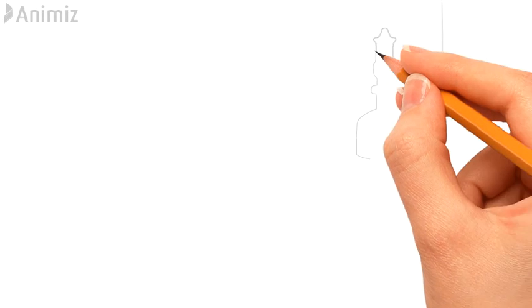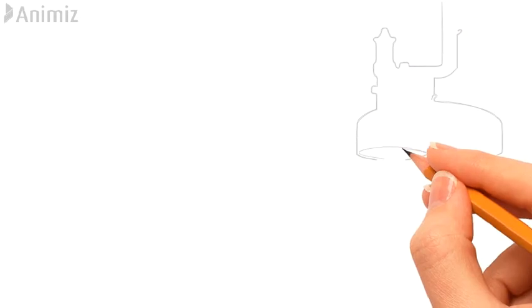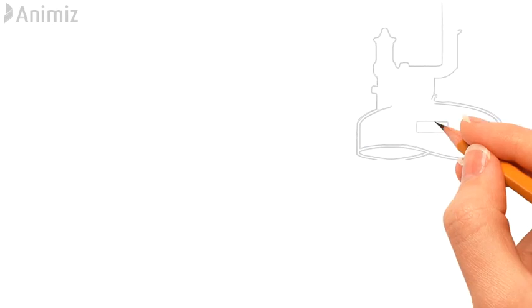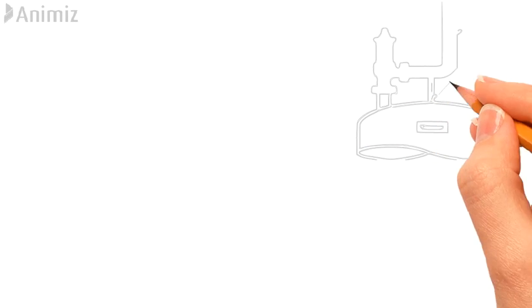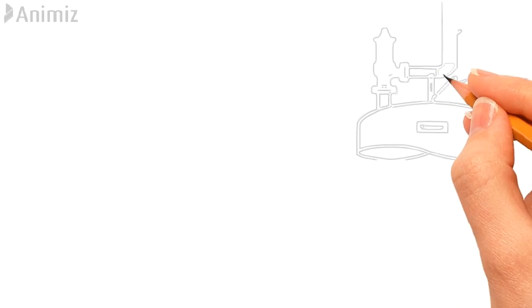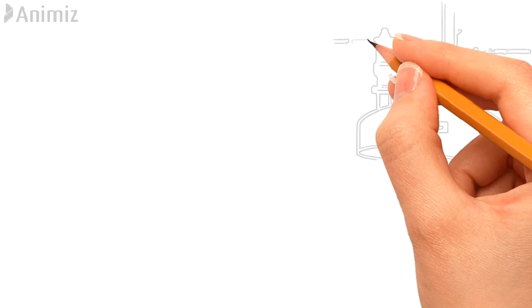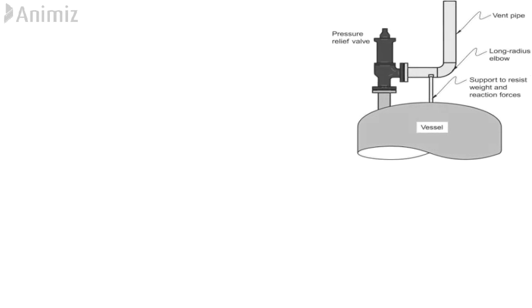So let's see two cases. First one, the percentage of overpressure of the safety valve is less than or equal to the percentage of MAAP, that is the maximum allowable accumulation pressure of the system. This means that the set pressure can be made equal to MAWP, that is the maximum allowable working pressure, as the relieving pressure will always be less than the actual maximum allowable accumulation pressure.